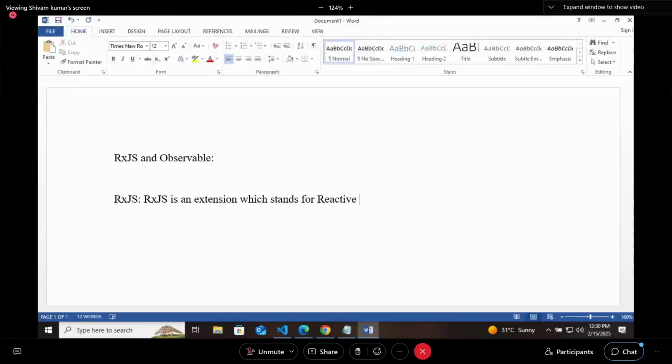So it is the reactive extension. If you understand, reactive means whenever you are trying to react to something. So it is going to be a reactive extension for JavaScript.